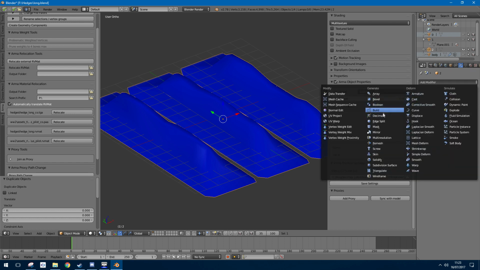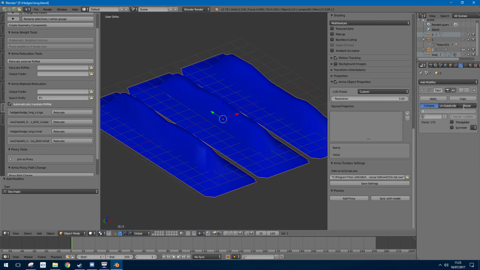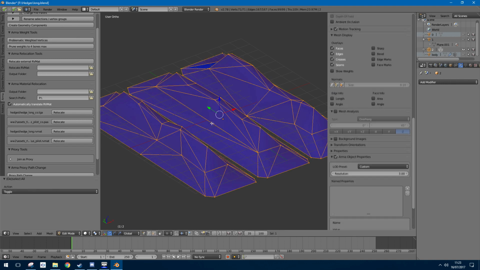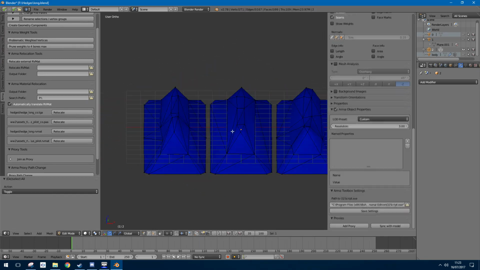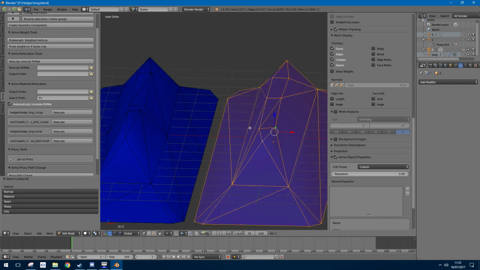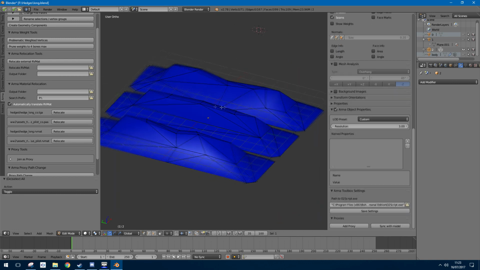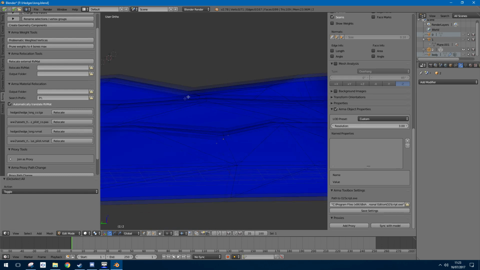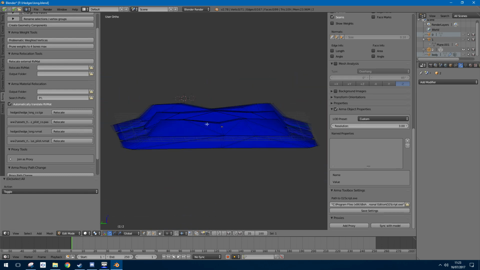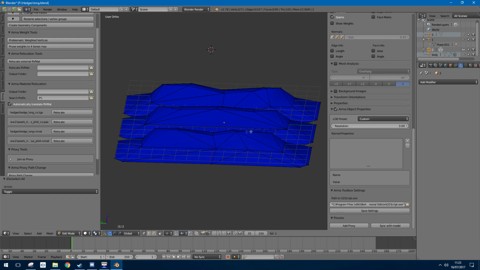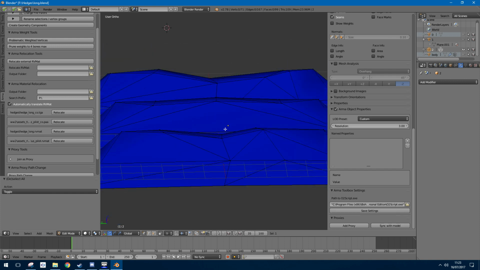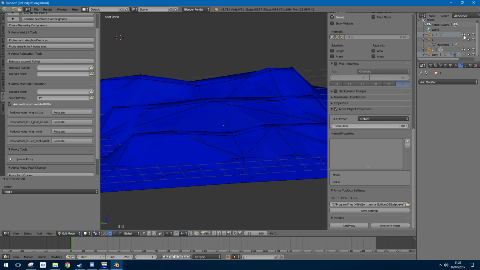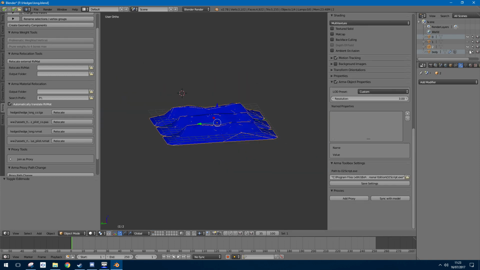add modifier, decimate, .5, apply, and okay, we have here very simple models, so only 20 Hz, which is quite good. I don't want to go below because I don't want the horizontal line here being erased and being flat, because at short range you would see, okay, you have to imagine a bit, but